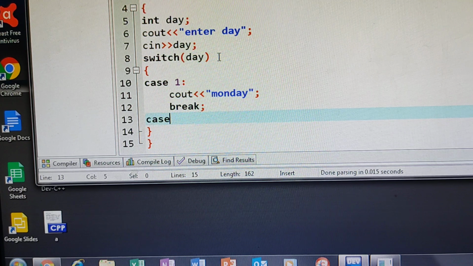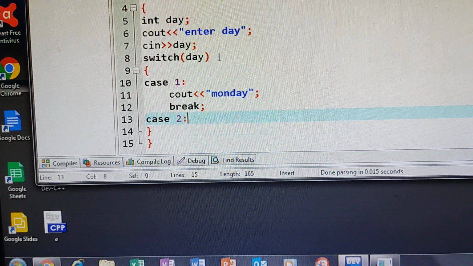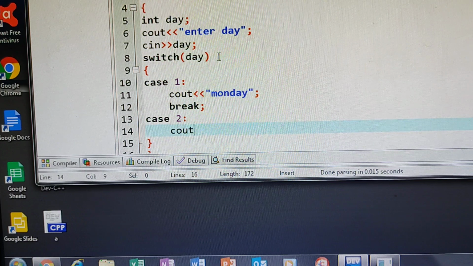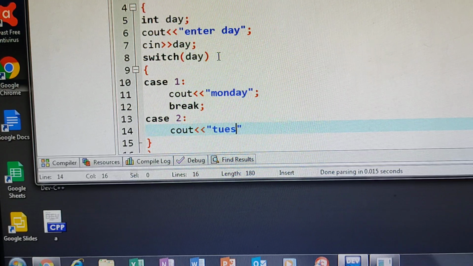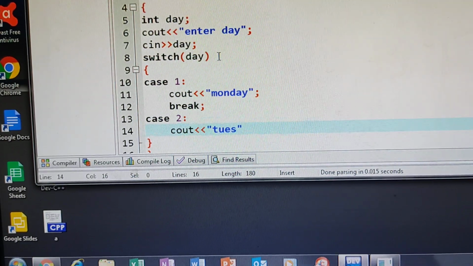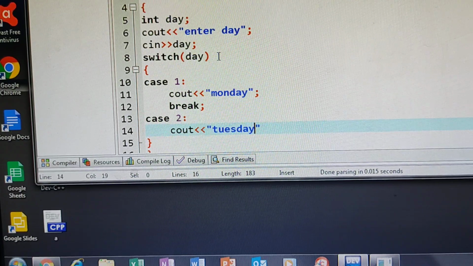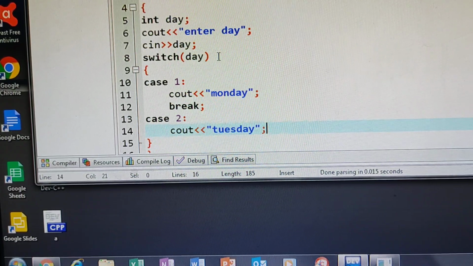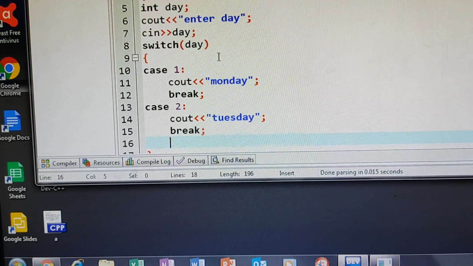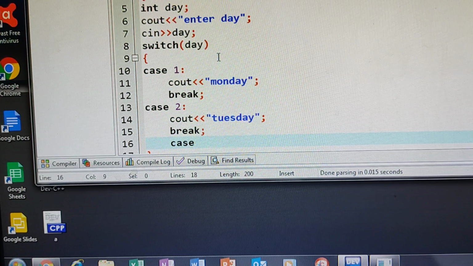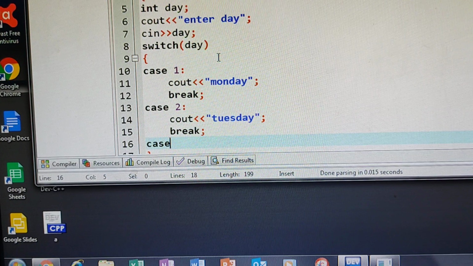Next, case 2. Again cout. I am giving, if it is day 2, then Tuesday. Semicolon. Here also you give break. Now case 3. Case label should be unique.